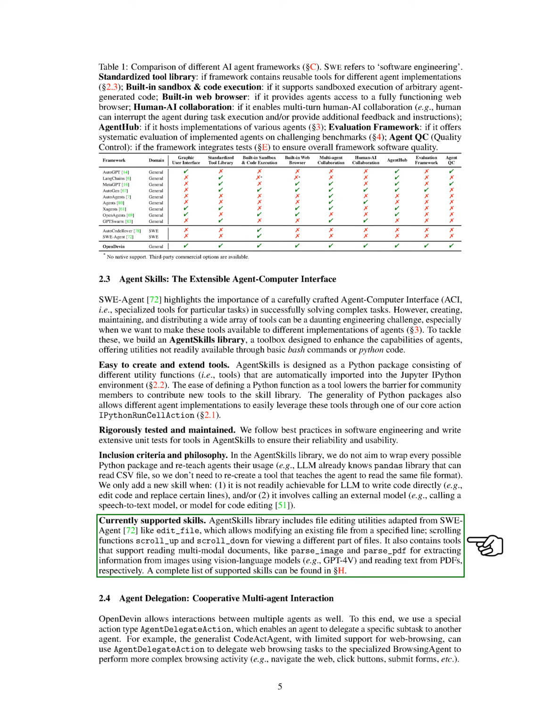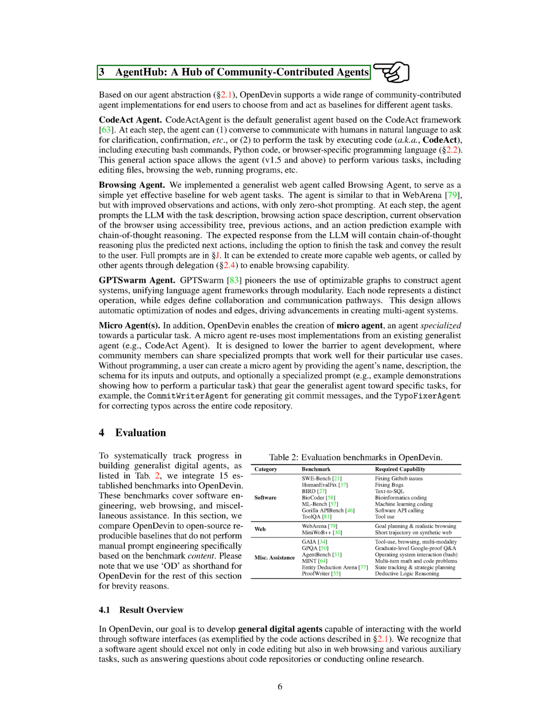Currently, our library includes utilities for file editing, such as modifying existing files and scrolling through them. We also provide tools for reading multimodal documents, like extracting information from images and reading text from PDFs. A complete list of the skills we support can be found in the relevant section of our paper. Finally, we enable cooperative interaction between multiple agents through a special action type called Agent Delegate Action. This allows one agent to delegate specific subtasks to another agent. For instance, a generalist agent with limited web browsing capabilities can delegate those tasks to a specialized browsing agent, enabling more complex web interactions.